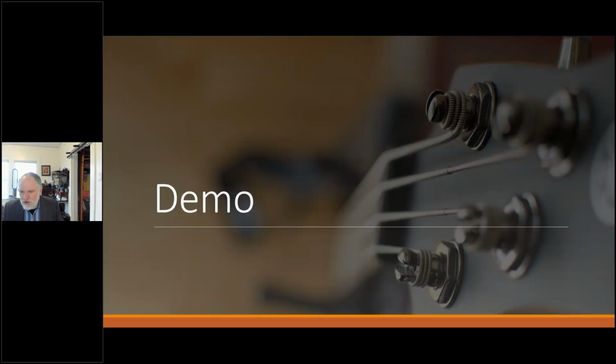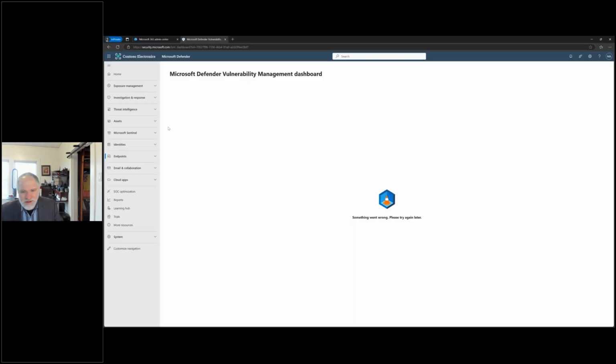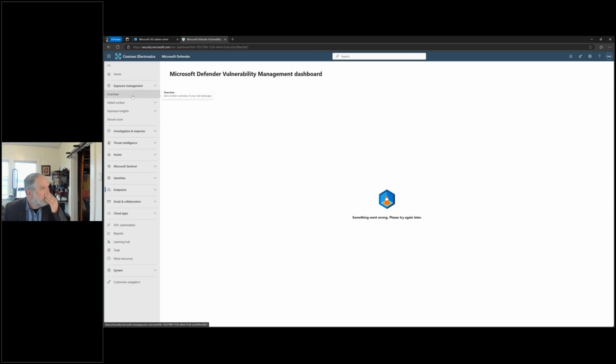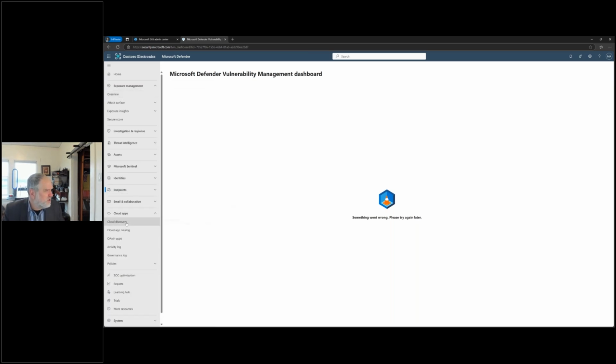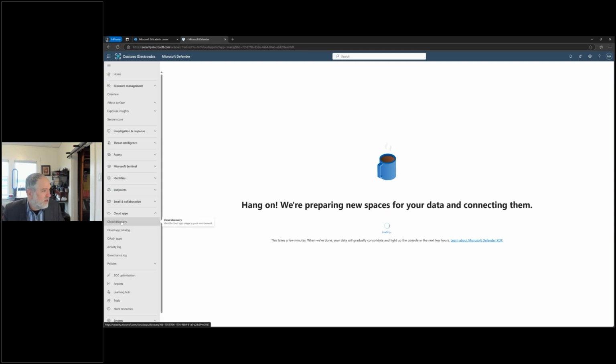Okay, so real briefly, I want to make sure that there's time left for the questions at the end of this because I pretty much have to leave at the top of the hour here. So I'm going to briefly show you some of the Microsoft security environments as well. I wanted to focus a little bit on the cloud apps. So this is Microsoft Cloud App Security.